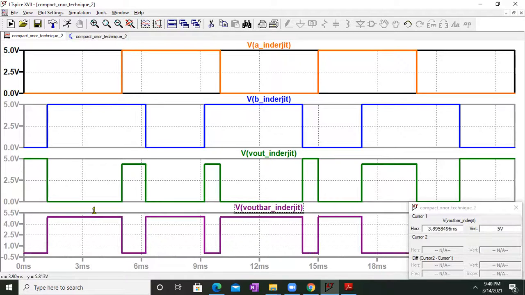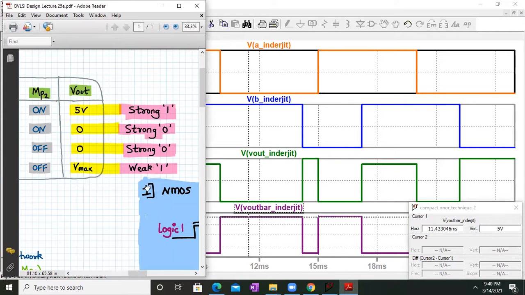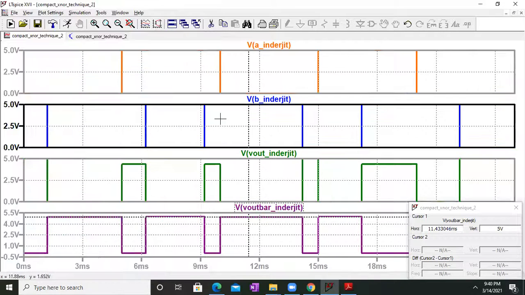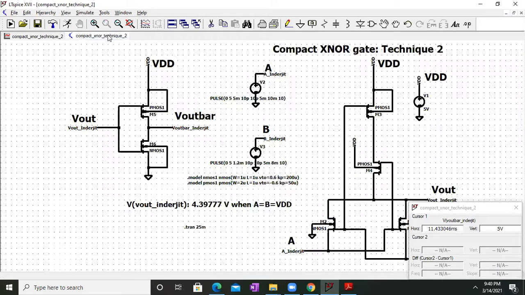high and logic low. So the limitation which we had in the XNOR design, of a weak logic 1 for this particular combination, is gone now. But at the same time, the functionality of the circuit has changed. So with the inclusion of the CMOS inverter, we have converted this XNOR design into an XOR gate design.